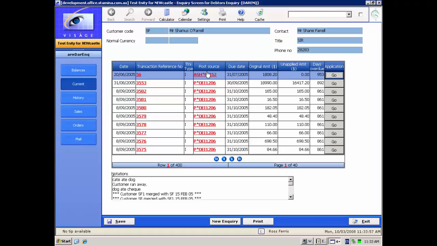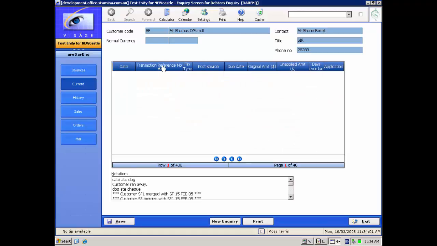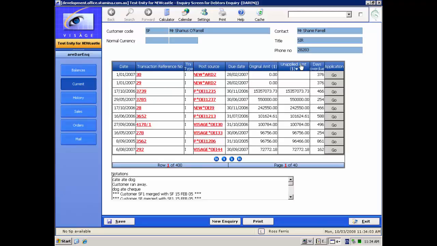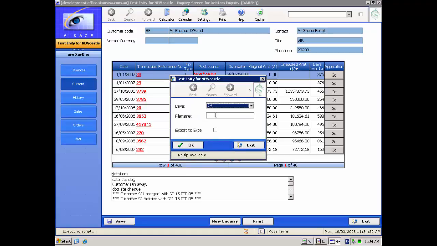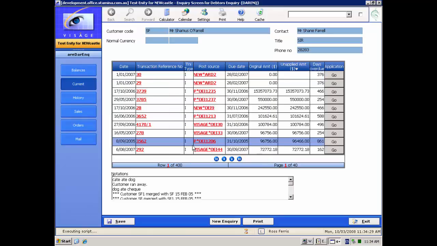Now when you have these tables on there, you can click on any of these things and have things sorted. So if you wanted them sorted by outstanding amount, just sort either way, and that's a left click, unless you're left-handed, in which case it'd be a right click. But if you right click, assuming you're right-handed, you have this option to export data. So if I pick my C drive and a file called ross.txt and say I want to export it out to Excel and say okay,